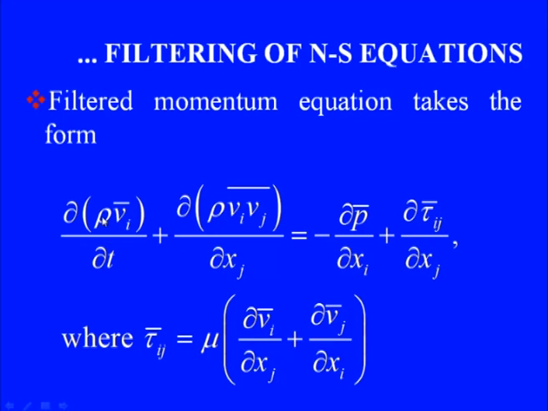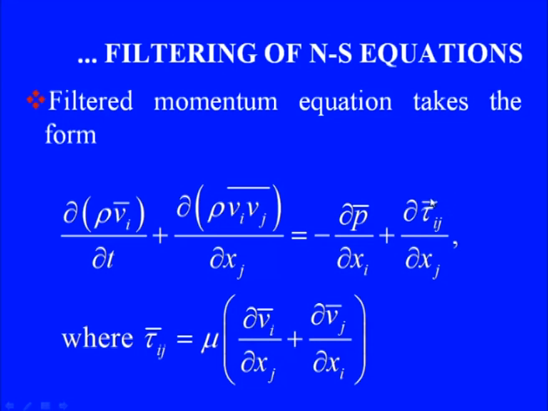So, now remember what we have done. What is the net effect of the filtering operation? Vi has been replaced by Vi bar in the first term. So, our temporal term becomes ∂/∂t of ρVi bar. Similarly, in the second term, the convective term ViVj bar, this product is replaced by ViVj over bar. So, the convective term becomes ∂/∂xj of ρ(ViVj over bar) is equal to minus ∂p bar/∂xi. We have just replaced p by the filtered pressure field